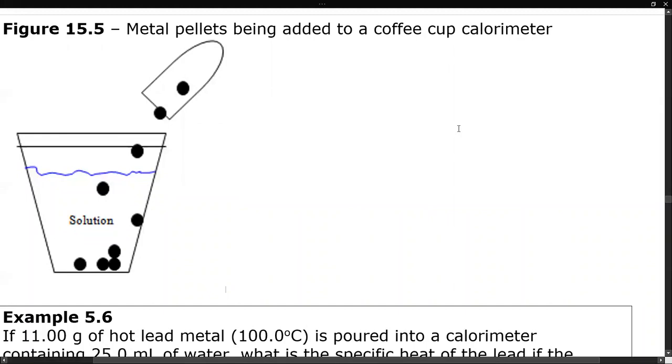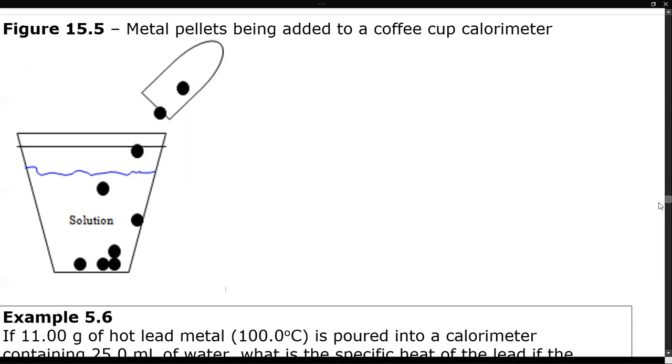Another thing you can do with calorimetry is determine the specific heat of something using, say, water as a reference, since I know the specific heat of water. So in this case, you take metal pellets which you've heated in a test tube. Mainly, you heated it in a hot water bath inside the test tube so the pellets would stay dry and you'd have a consistent mass of everything. Then you dump those pellets into a calorimeter cup containing a set amount of water, measure the temperature increase of the water, and then if you assume heat lost equals heat gained,